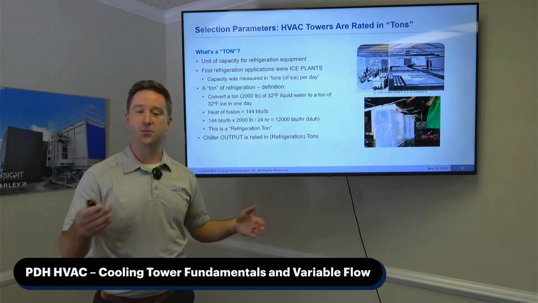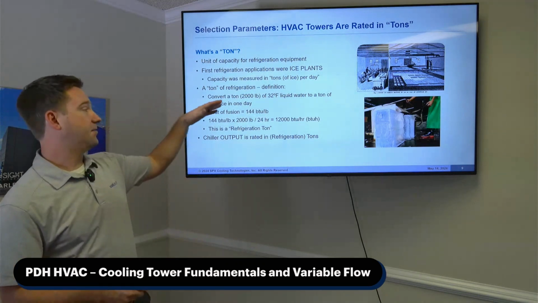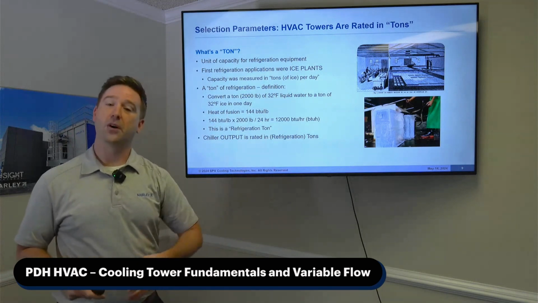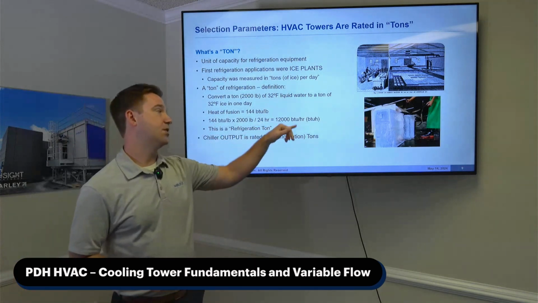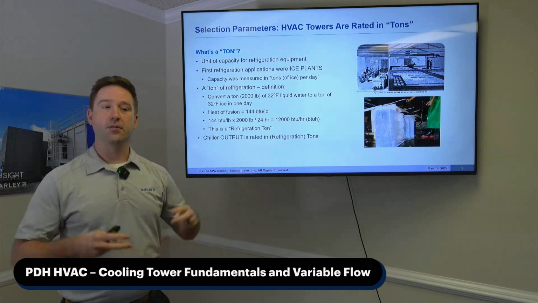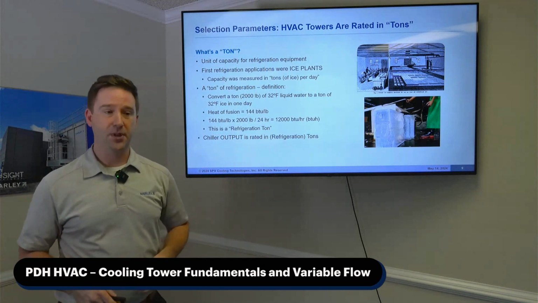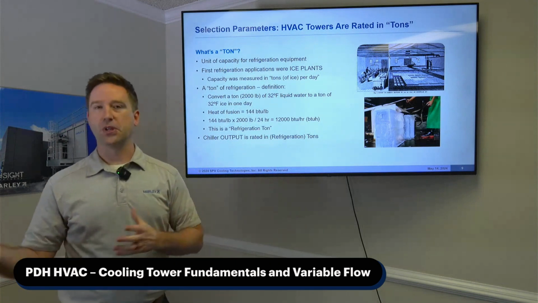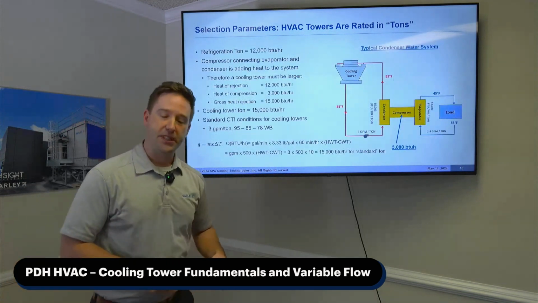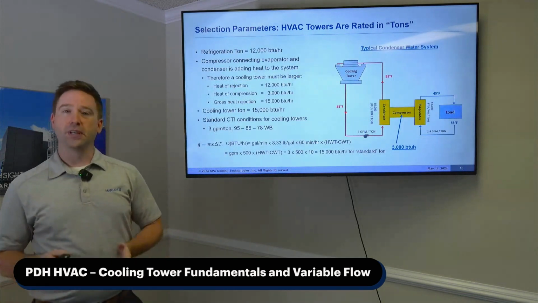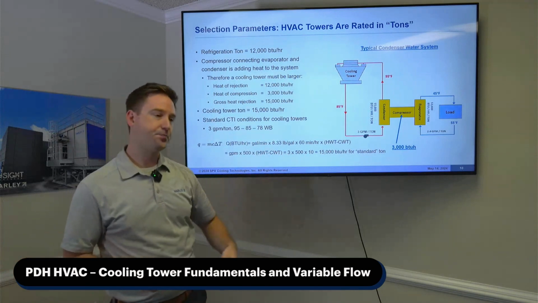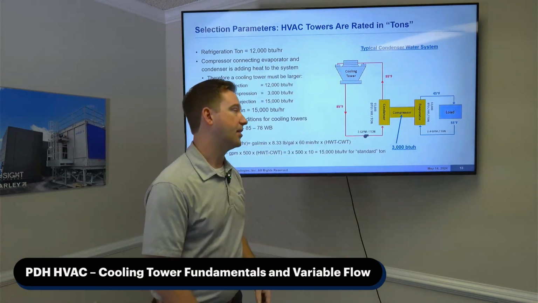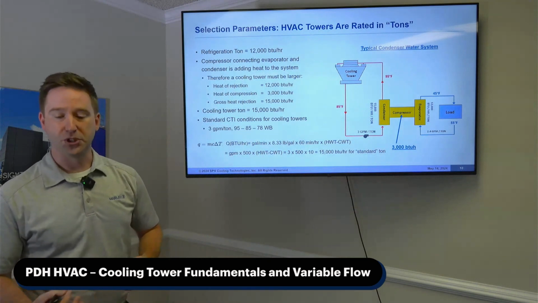So when you take that 2,000 pounds, add the heat of fusion, 144 BTUs per pound, over the course of 24 hours, you get your 12,000 BTUs per hour. And that's what our refrigeration ton is today. So it's important to understand that that's what you're looking at whenever you're looking at a chiller. Now, whenever you dive into the cooling tower world, it goes beyond the chiller. So in an HVAC system, you're going to have your heating load over there on the evaporator side of your chiller.